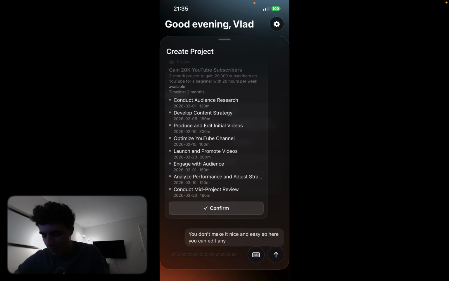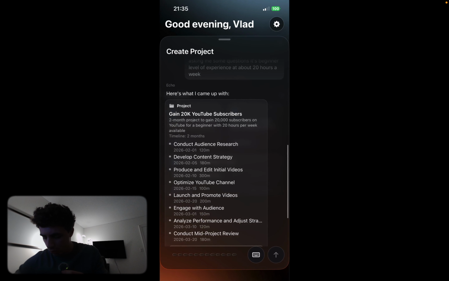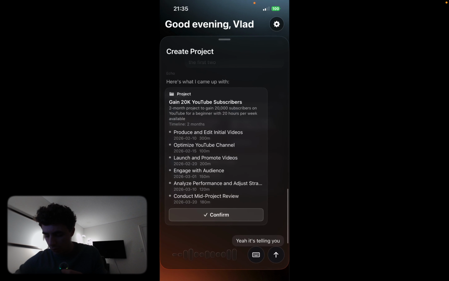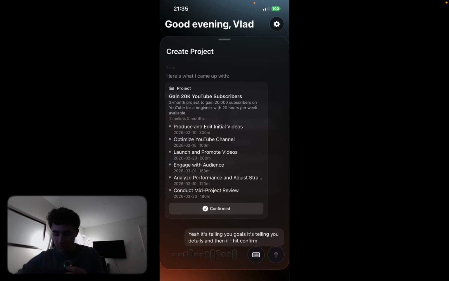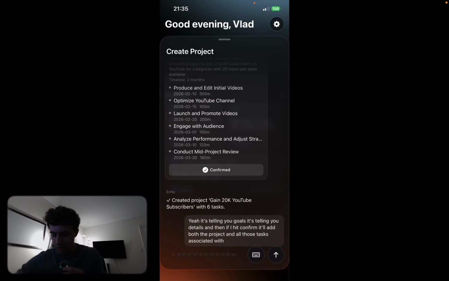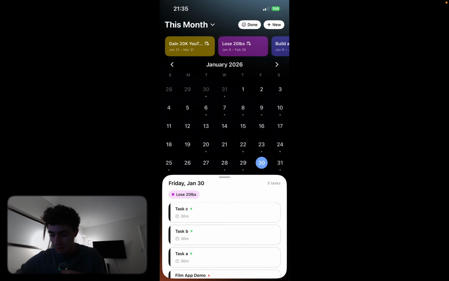So here you can edit any of these. Let's remove the first two, but you see this whole amount of content. So you have a 2-month project here. It's telling you goals, it's telling you details, and then if I hit confirm, it'll add both the project and all those tasks associated with it. So we'll say created projects, boom, and now if I go to dashboard, I can toggle to the monthly view,